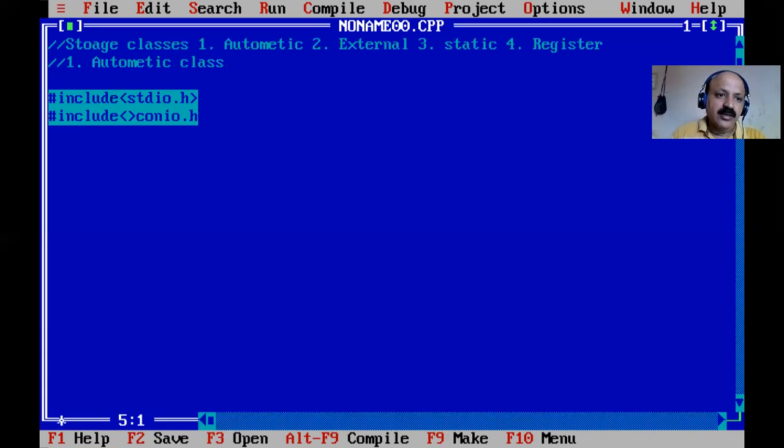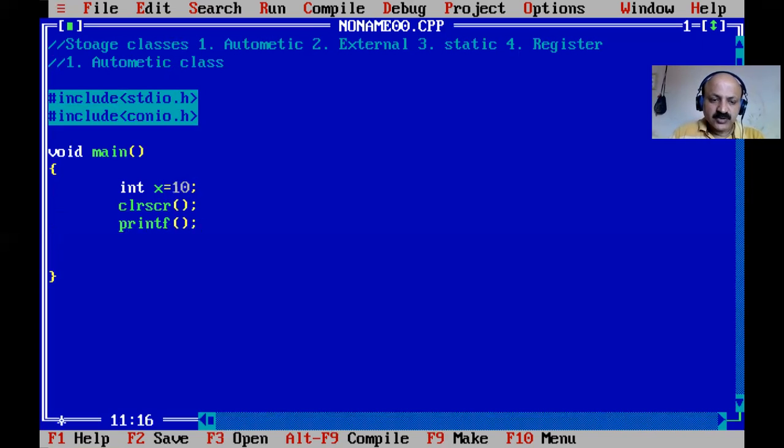Here, in angle brackets, I give it. Now main is there, and you have to know this very well. We cannot define the same variable twice. If I declare integer x, I declare it only one time in one program, not a second time with the same name. So how is that possible? First I give a value of 10 directly and then print this x value with percent d.